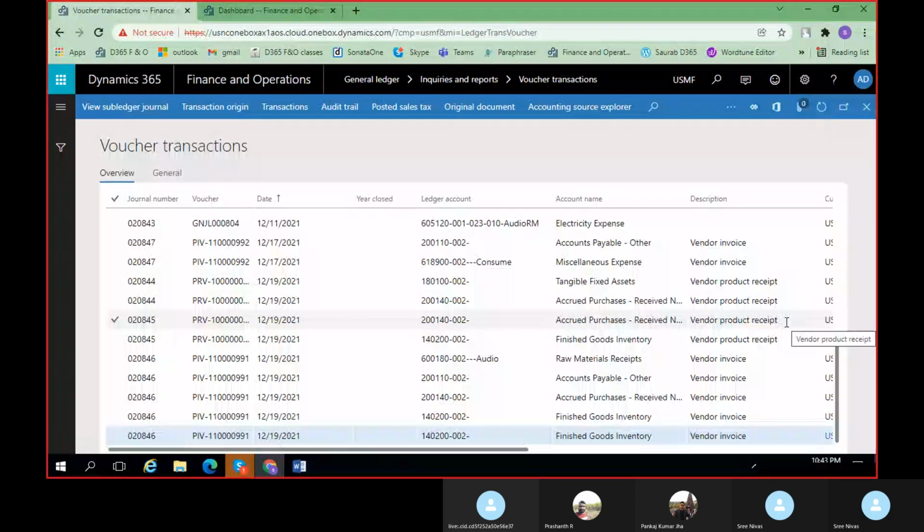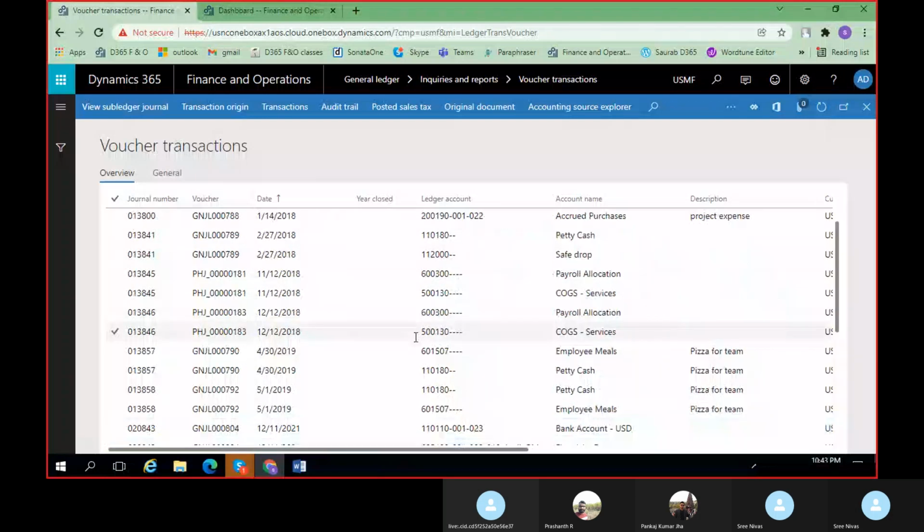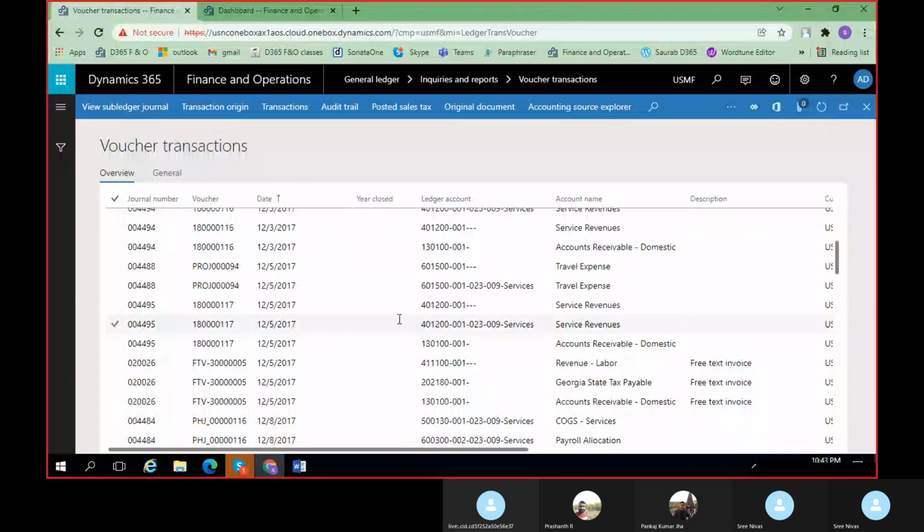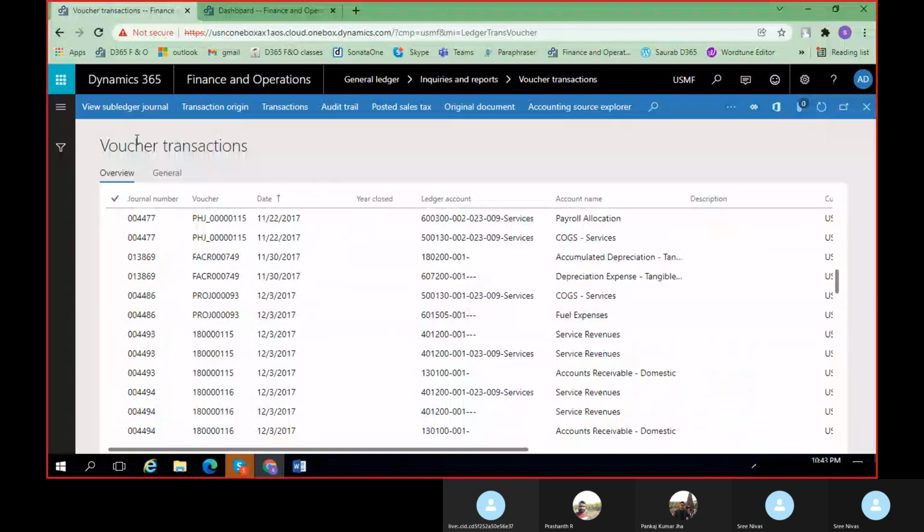So this is related to voucher transactions, right? If you open the practice environment or the production environment, then yes, it is easy for you to identify that this is related to voucher transactions. But what happens is, at times,